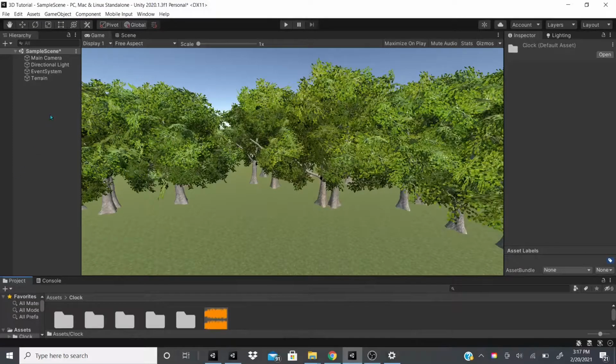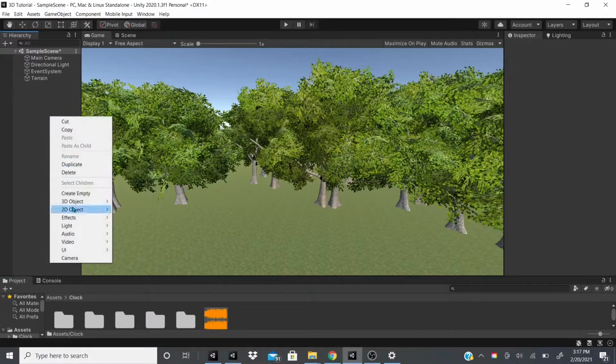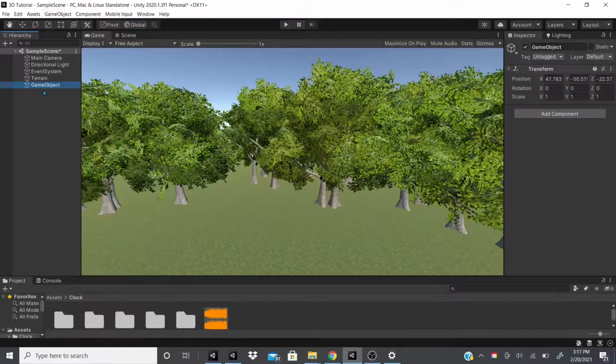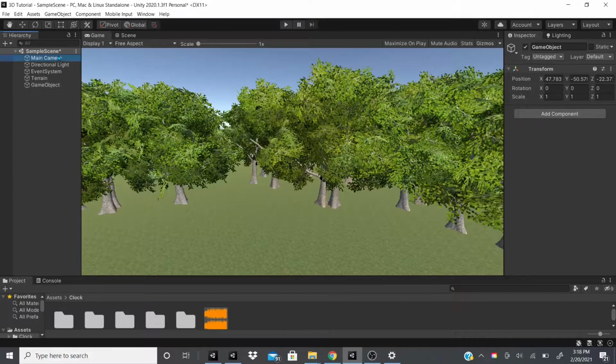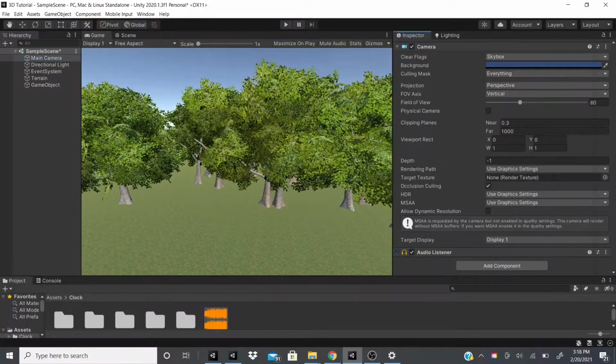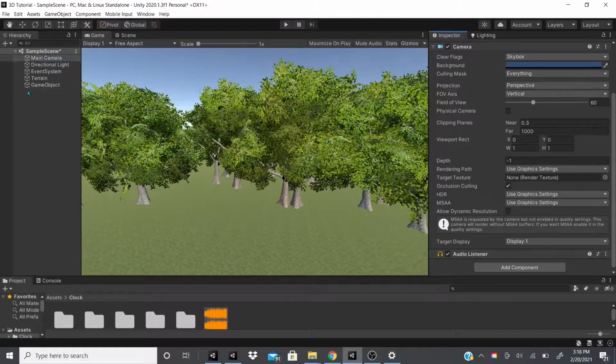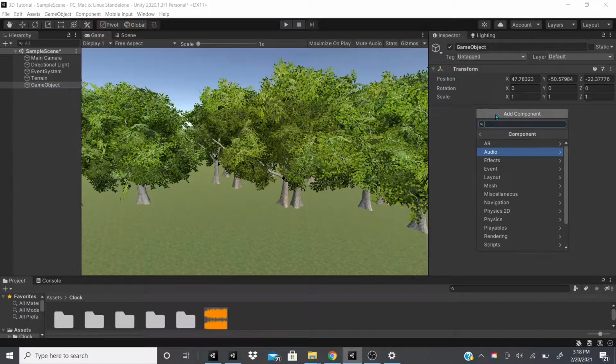Hi everybody, in this video I'm going to be talking about the audio source components. So if we create an empty game object and we go to add components, we're going to go down here to audio, and here in audio we're going to add a chorus filter. Before we add a chorus filter, we have to add this either to something that has an audio listener, like the main camera here. So this main camera has an audio listener, or what we could do is add